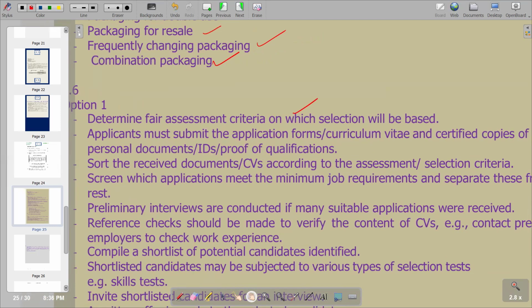Those are the personal documents that we have. And then we go to the next point: sort the received documents or CVs according to the assessment or selection criteria. So we are saying after receiving the CVs, you sort the received documents according to the selection criteria that we have set at first. Remember at first we said determine their fair assessment criteria. So on the third point, we are now saying you sort the received documents according to the selection criteria